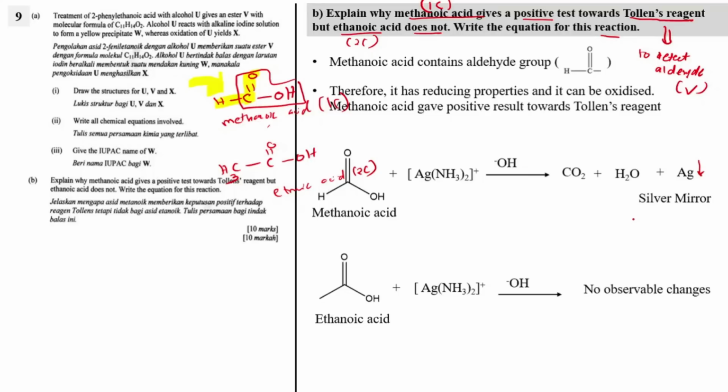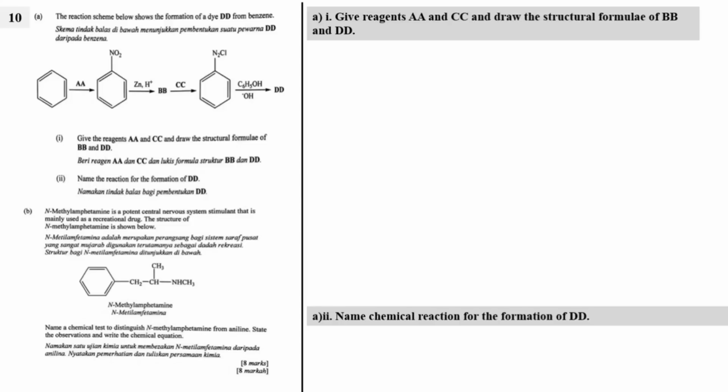All right, so that's all for question number 9. Now we're going to do question number 10. For question number 10, the reaction scheme below shows the formation of a dye D from benzene. Here is benzene reacting with reagent A in order to produce nitrobenzene, and then it undergoes reaction with zinc and H+ in order to produce B, uses reagent C in order to produce this structure here, and then reacts with C6H5OH in order to produce D, which is the dye. We need to give the reagents A and C as well as draw the structural formulae of B and